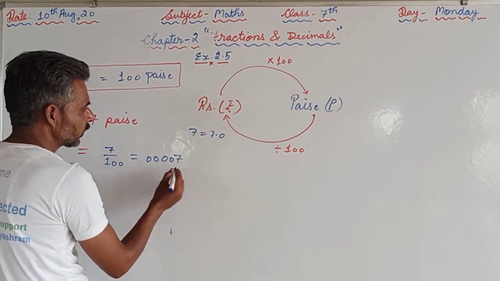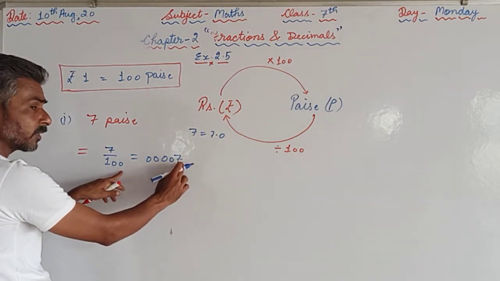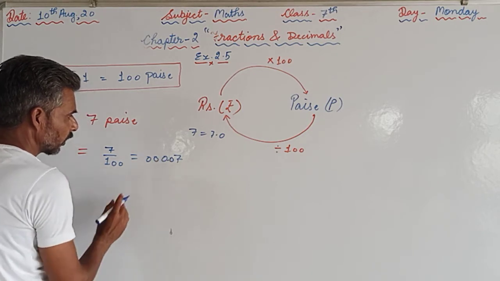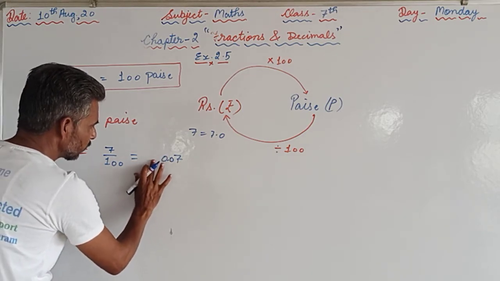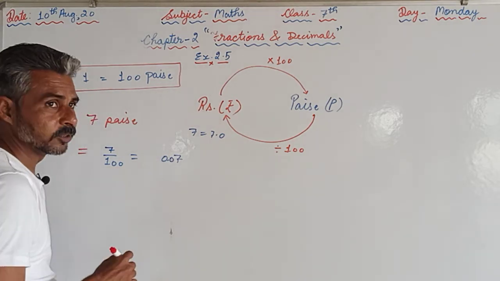Now we will move the decimal from here to the left-hand side by 2 places. How many zeros are there? 2, means 1, 2. So it will come here. Afterwards, in the standard form, we will write only one digit before the decimal, so the answer is 0.07